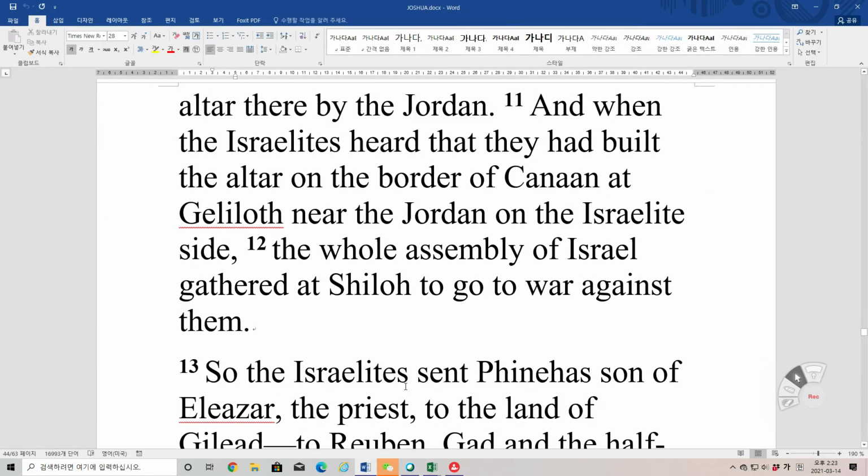And when the Israelites heard that they had built the altar on the border of Canaan at the Geliloth near the Jordan on the Israelite side,